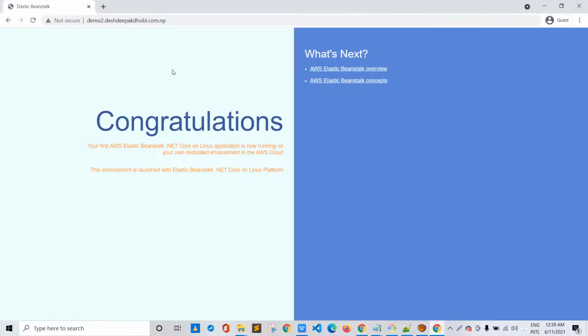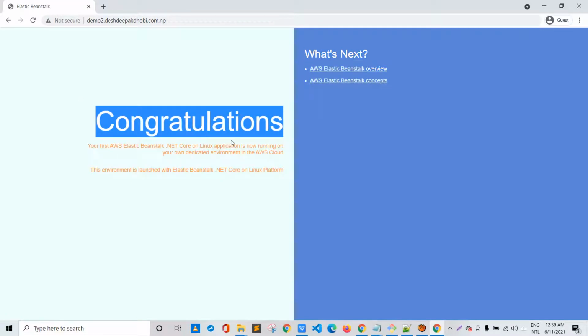If I go over here and see, demo2.destipakdobi.com.np is showing not secure, and the message over here is a different one. I have updated my code with a message called congratulations demo 2.1, and I have configured specific scripts written in YAML to configure a Let's Encrypt Certbot SSL certificate onto our server also.